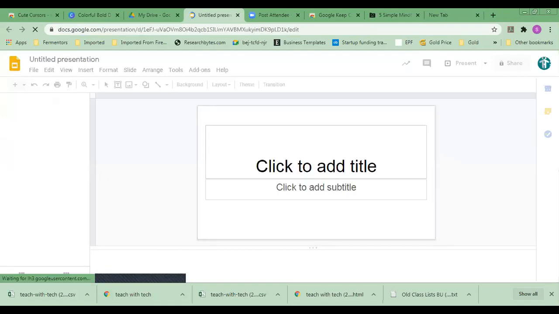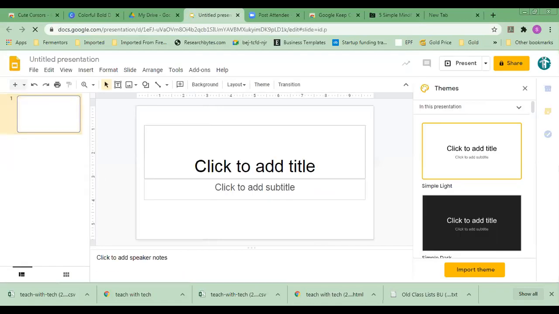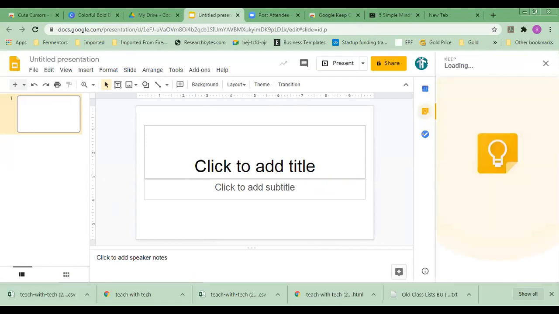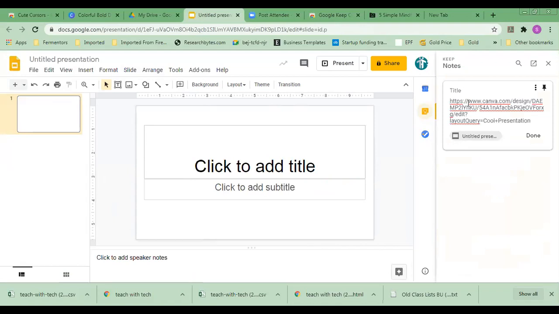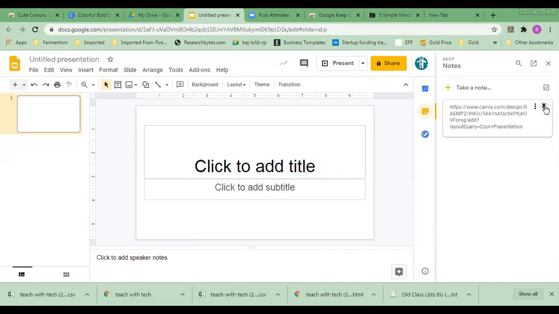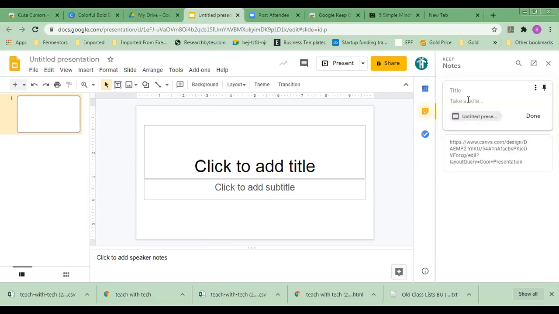slide. So for example, if I open my Google slide, that extension is also seen on the right hand side over here, which shows like this. So for example, if I'm working on my Google slide and I have left it midway, I've not completed it. There are certain sites which I have found which I will need to go through before completing my presentations. So I can go to the Google Keep extension, and I will be able to maybe save the presentation, or I will be able to take a note that include visual images